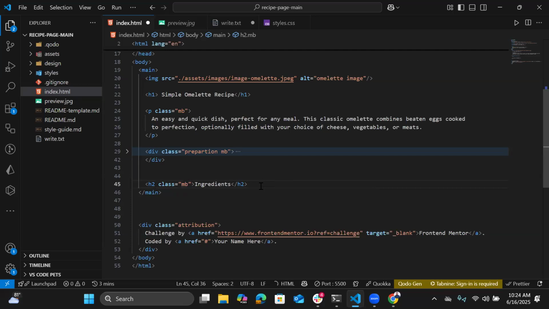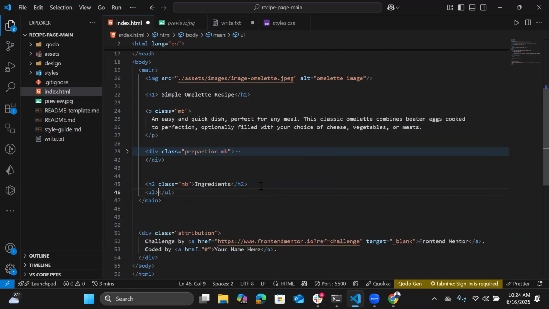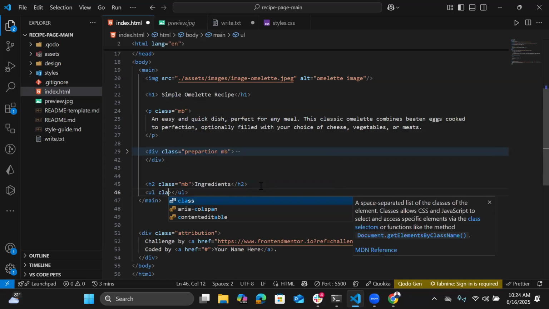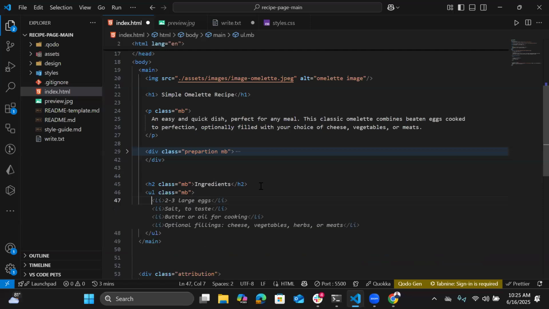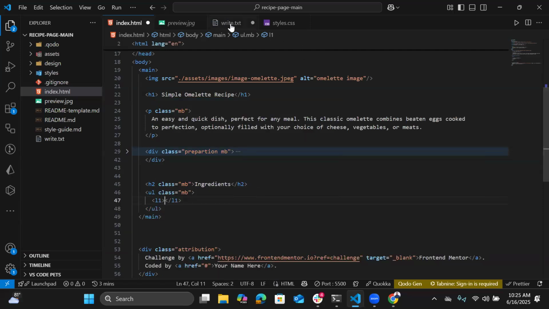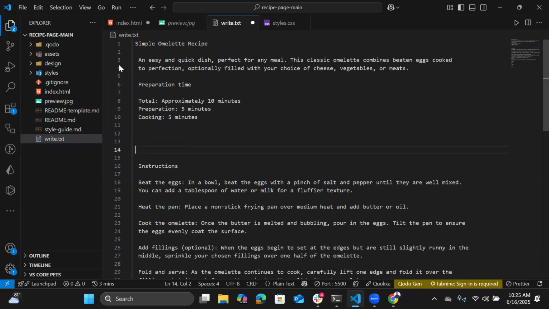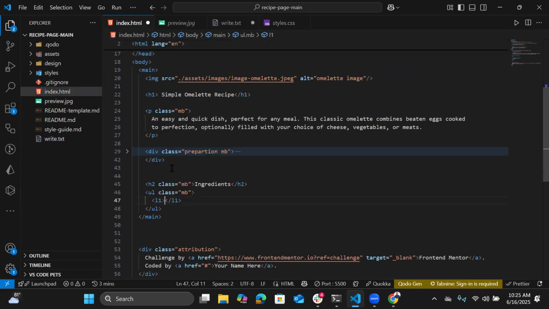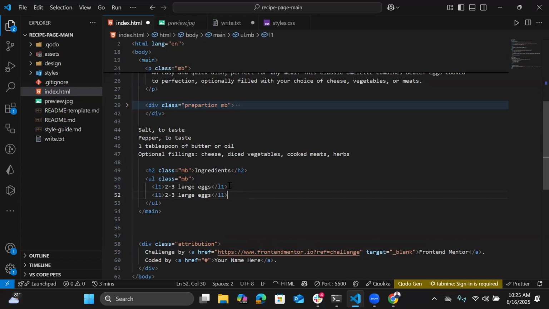So I have the UL also, which is going to be a class of MB, and I would give it an LI. So they are going to be list items. So let me copy also some of this. Yeah, let me just cut this and paste it right here, up here. So I can just copy them one after the other. So I have this. So I have